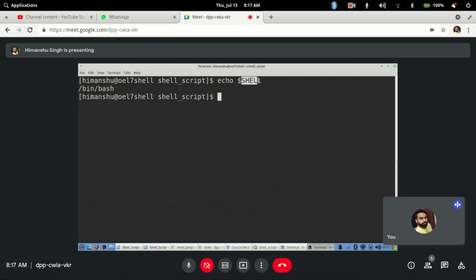Whatever variable is by default defined by the system in the shell system or the bash system, if you want to print its value, this is the variable name, and you have to prefix it with a $ sign and it will show you the output. Clear? So these are predefined or inbuilt variables that come along with your bash. That is one of them, the SHELL variable.